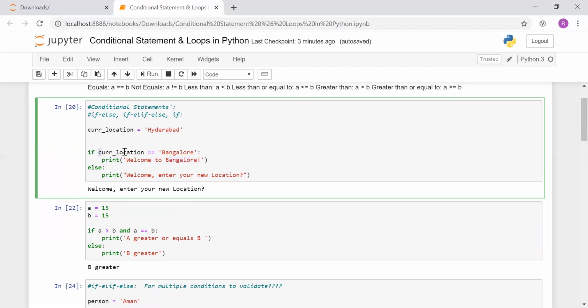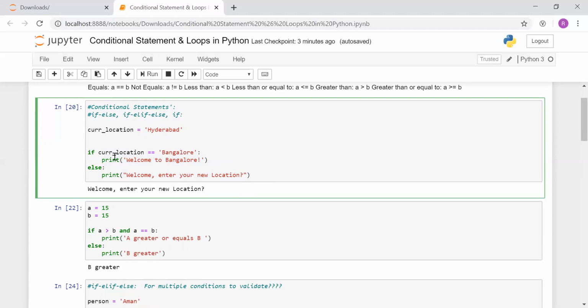That means if this condition comes out to be true, then only it should go inside this if block and execute it. Or else, if the condition comes out to be false, then the else block should be executed. So this is the syntax of an if else block, and this is how the Python interpreter executes in this sequence.